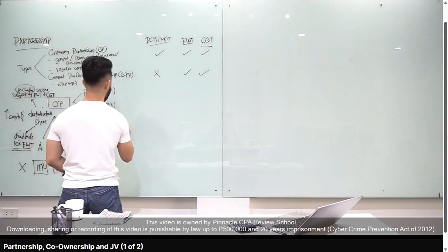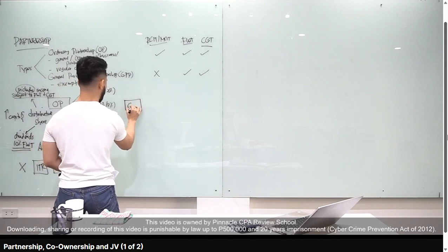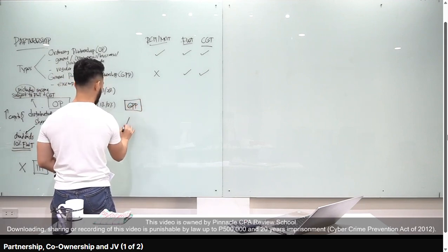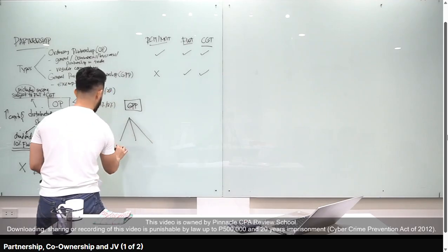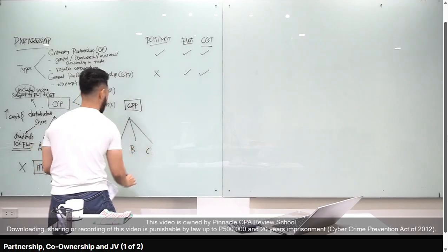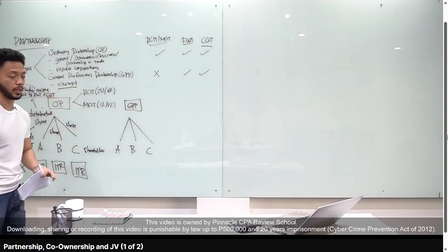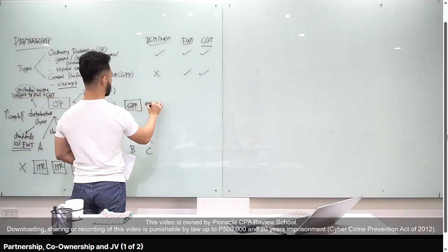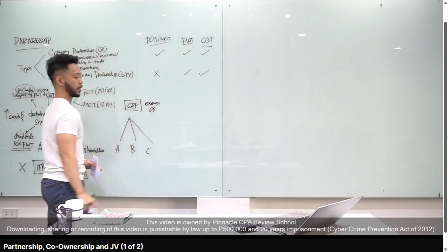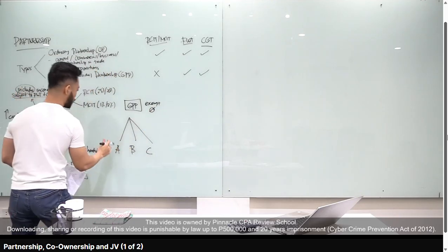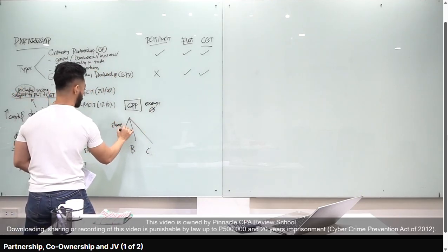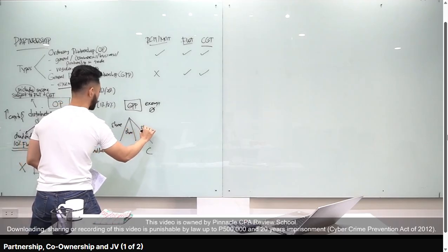Class, i-differentiate natin yan sa GPP. Okay, so GPP, let's say meron tayong tatlong partners. Ayan. So, puro lawyers. Partner A, partner B, and partner C. Okay, si GPP, sabi natin dito, class, exempt siya. Tama? So, therefore, wala siyang babayaran dito. Zero siya. Zero yung income tax niya. Now, at the end of each year, magkukompute tayo ng share. Okay? Allocated to partners A, B, and C.